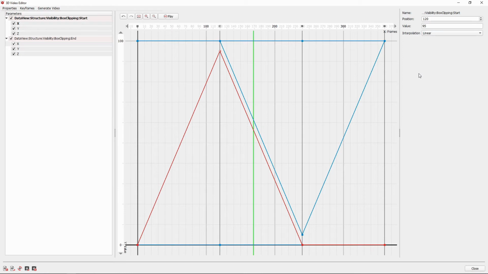The value panel handles the values of keyframes and points and lets us modify them via direct input. In our case, with this point selected, we see its name, position in frames, the current value and its type of interpolation. Let's have a closer look at the interpolation types. There are linear interpolation of values between 2 points, the one selected and the next one. There we have also constant. The values of a point will be constant till a new point is reached. And we have smooth. The values between the selected and the next point will be calculated for a smooth transition.